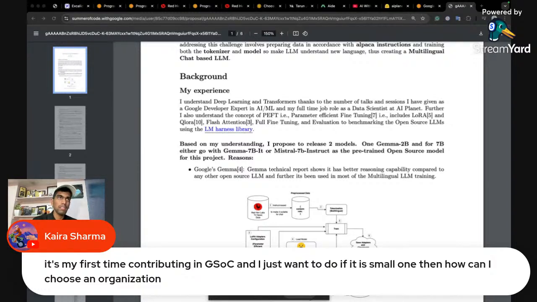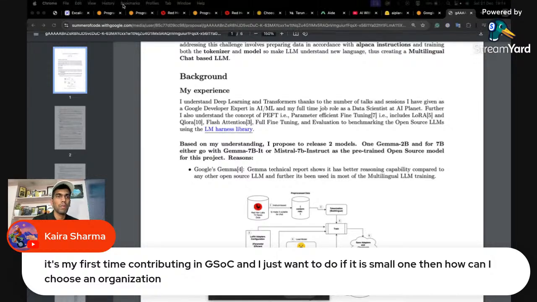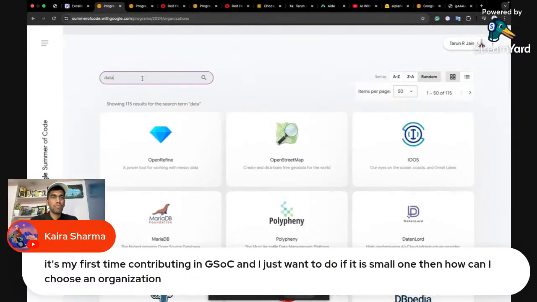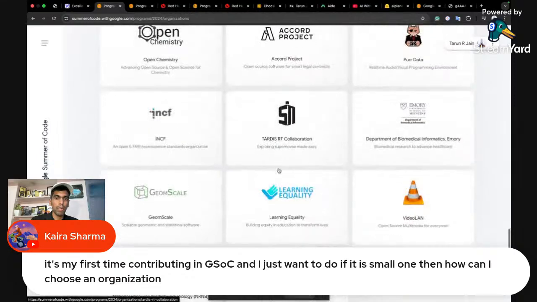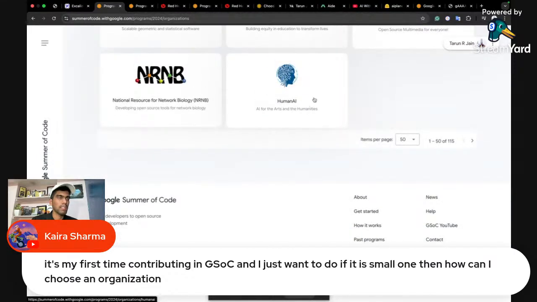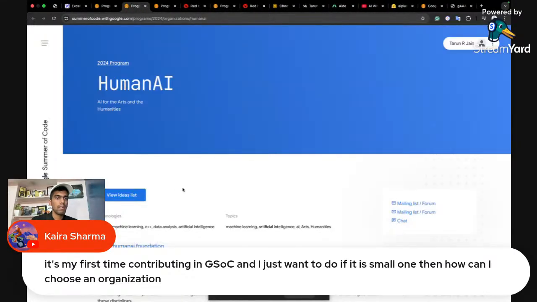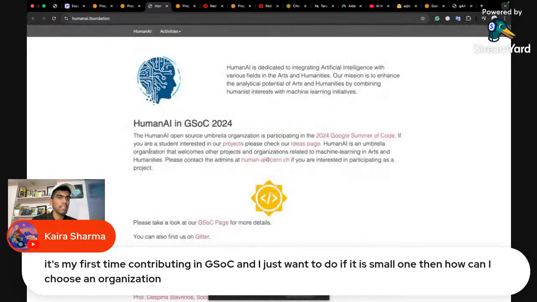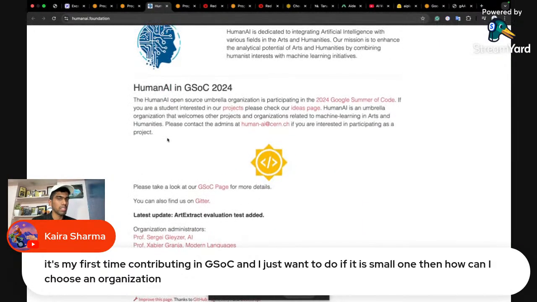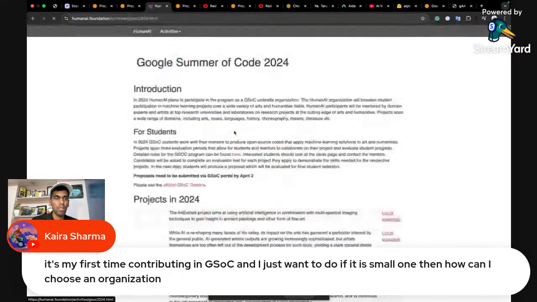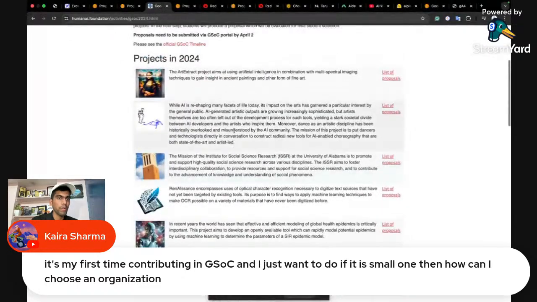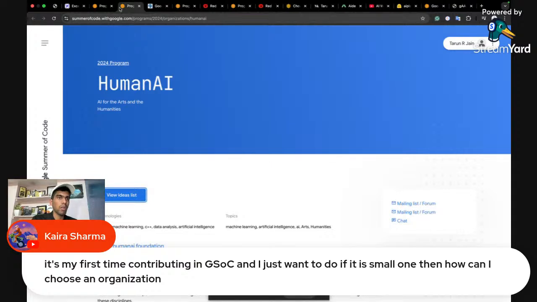If you are on data, what you can do is, let me open the proposal. Suppose you are on a data platform, just scroll below, go to the last organization that is there, check their organization, and then open the idea list. In the idea list, they will have all their projects listed. So here they have all their projects. Now what you need to do is check if you can contribute to these projects. If you can contribute, then you can place this organization at your third. If you can't contribute, then again you have to come back and check for a different organization.